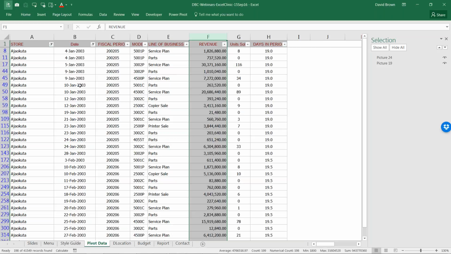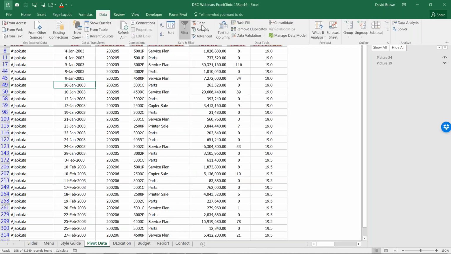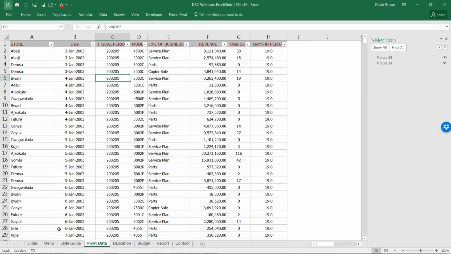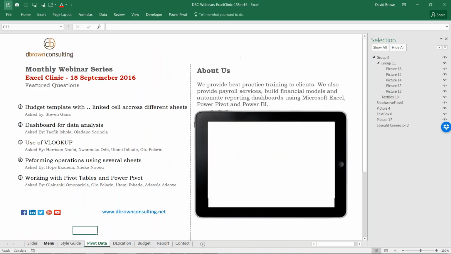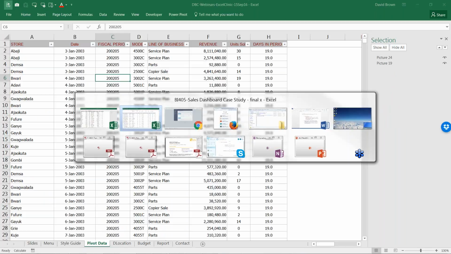All these things we did with filter, that's what SUMIF does in a formula. It's an extremely powerful formula. And when anyone wants to work with dashboards, just like Taufik and Oladapo asked, your major formulas to use are SUMIF and SUMIFS. Once you've done those, you need to create the dashboard.